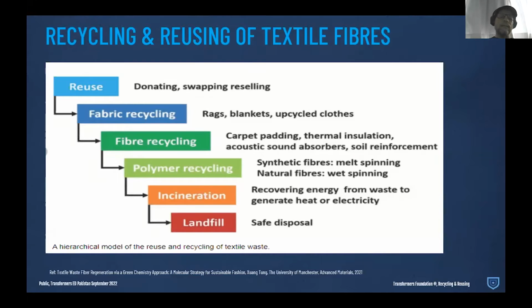The recycling as a fabric is also very important. We can recycle the fabric, and then we can recycle the elements of the fabric. We can recycle the fibers. We can recycle the polymers, which go to the fibers. And then in the end, we have, let's say, not unaccepted, but the worst options of all, which is incineration, burning to generate heat, and the landfill, which is the most horrendous way of disposing any textiles, or any materials in general, but textiles especially is very sad.